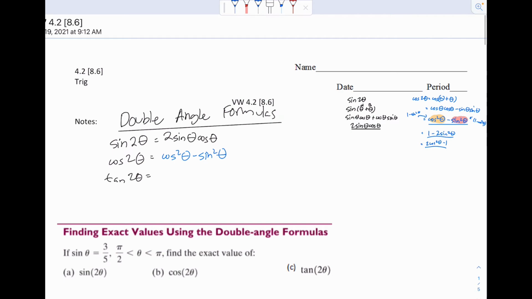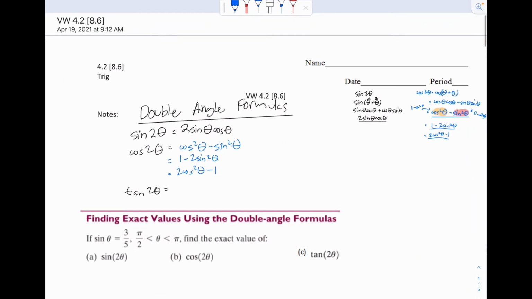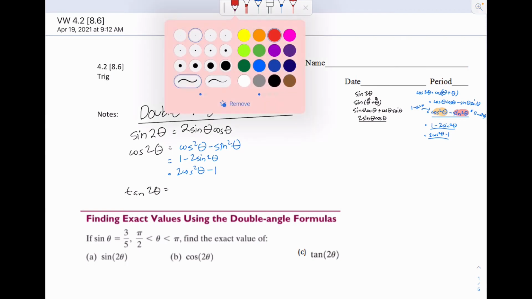So for our notes here, let's kind of expand it, bring that down. There are two other ones to write down. 1 minus 2 sine squared theta and 2 cosine squared theta minus 1. And the final one will be tangent,